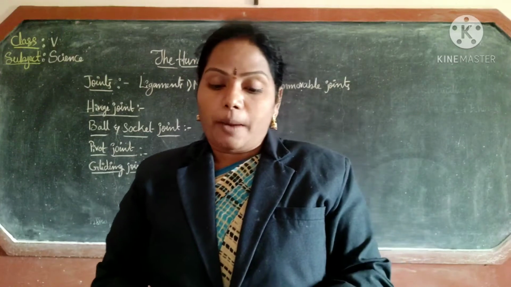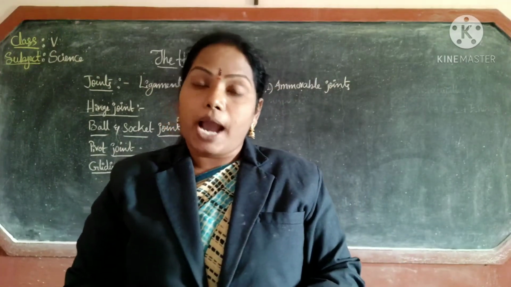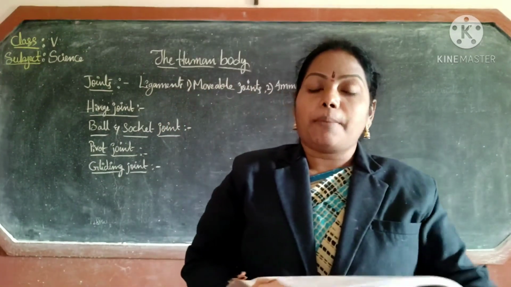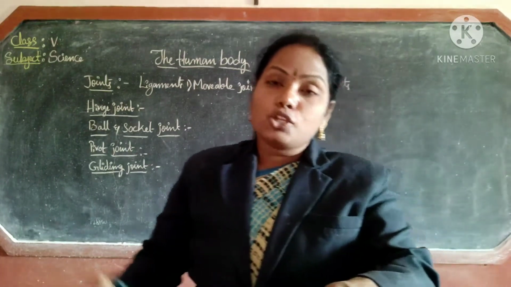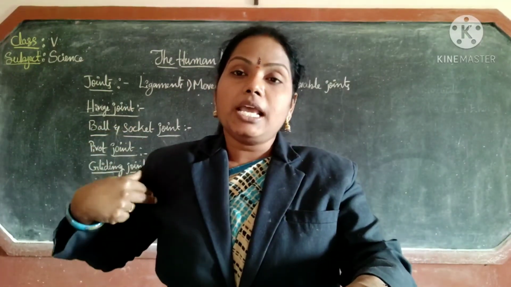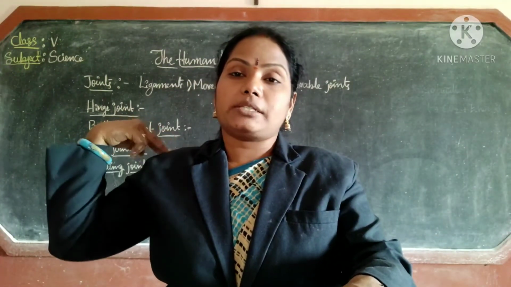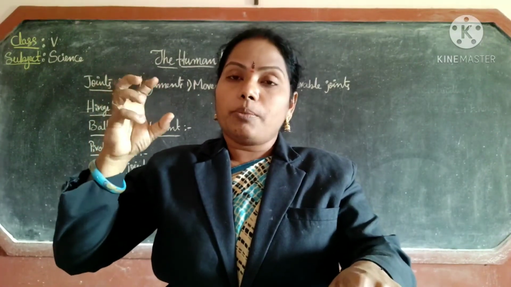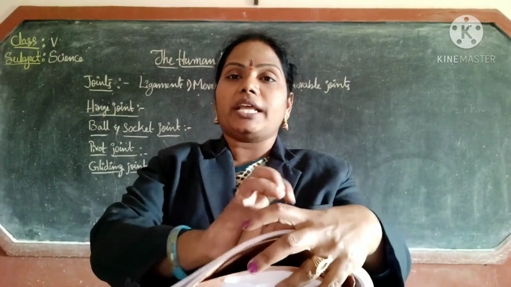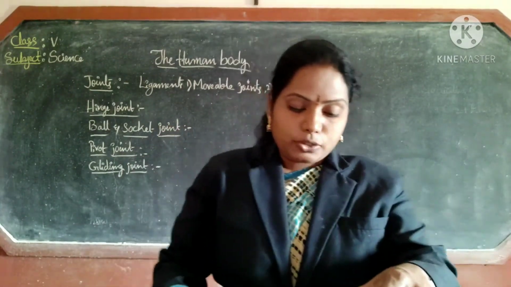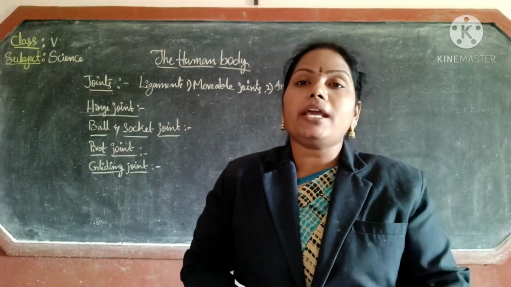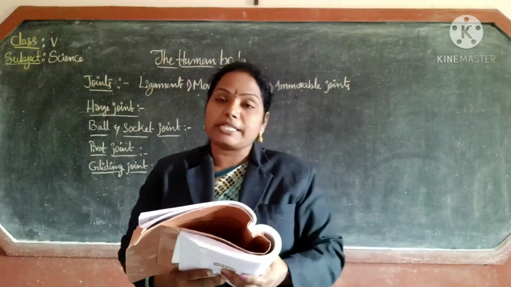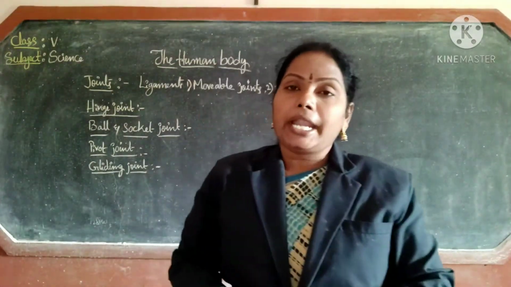The end of the upper bone is like a ball and fits into the cup or socket of the shoulder bone. Here it is a socket or a cup, and this is just like a ball. So it can fit in it and it can rotate. So next, it is called a ball and socket joint. It is present in the shoulder and hip.